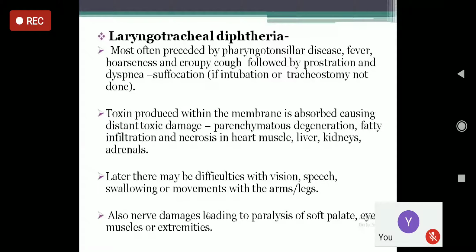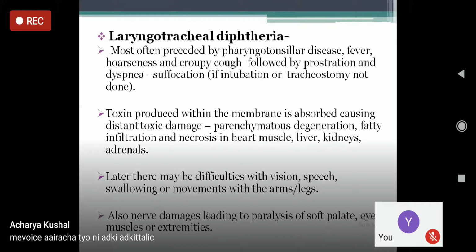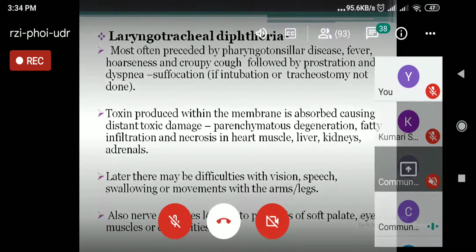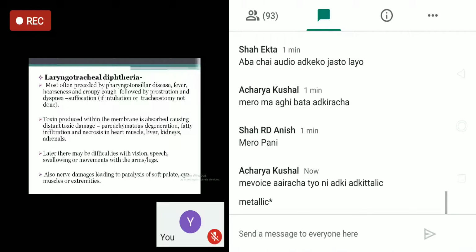In intubation, a tracheal tube, which the anesthesiologist inserts inside the larynx up to the trachea, keeps the child's airway patent. If that is not done, then tracheostomy: you make a hole in the middle of the neck, so that it helps the child to breathe through that hole, the hole that the doctor makes in the neck. That is tracheostomy. And if it's not done, the child may suffocate and eventually may die also.